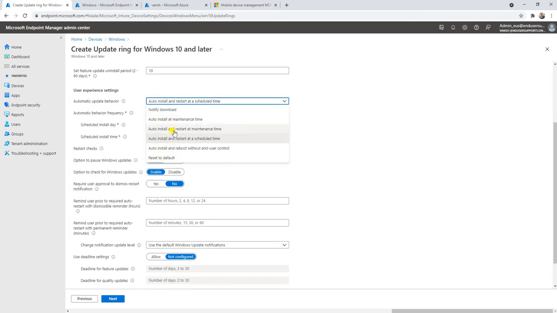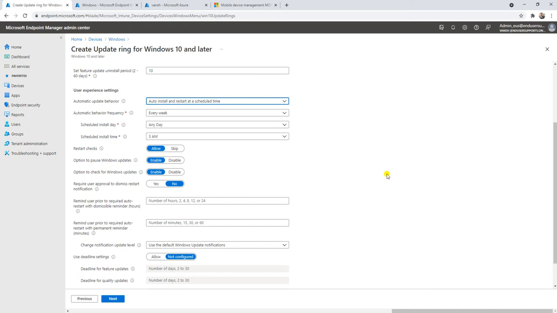So it's totally different. Whichever meets your company policy, you can go with that, like notify download, or auto install at maintenance time, or install and restart at maintenance time. Whatever you feel based on your company, you can utilize that. So what I'm trying to select is auto install and restart at a scheduled time.